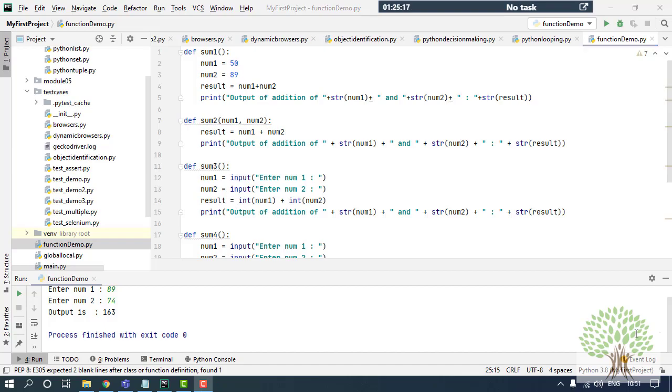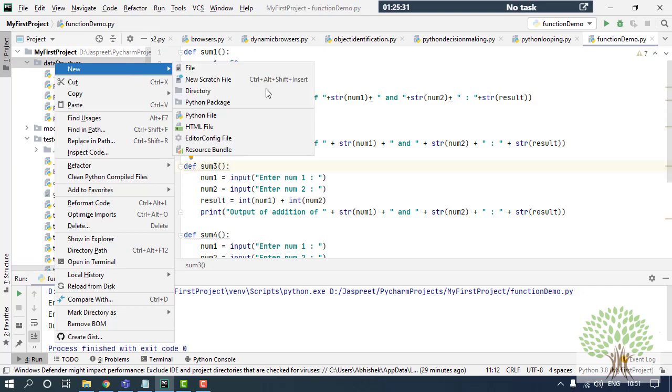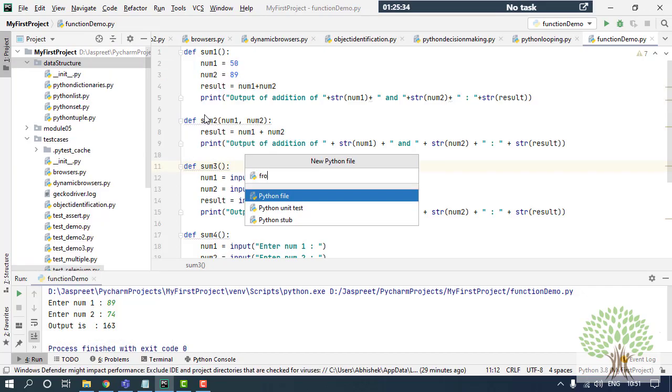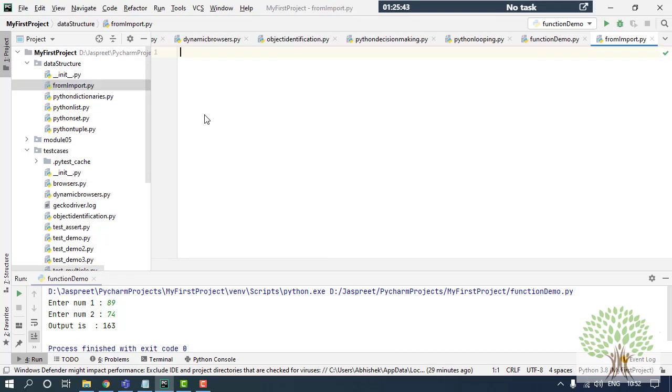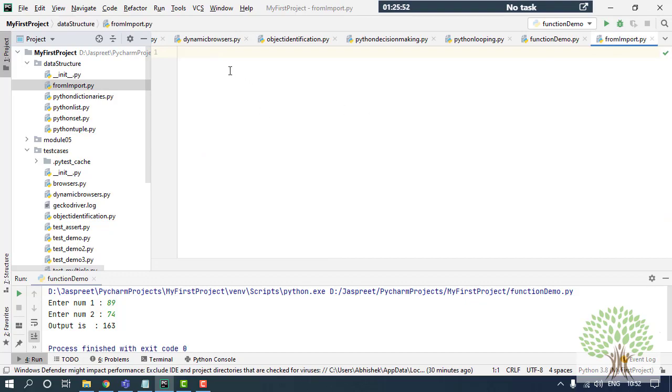Fine. So over here, just imagine that you have to use these functions in some another module. Like for example, these are lying over here right now. I have another module. I'll name it as, let's say, from import. These are 2 of my keywords which are very helpful in the further times. I'll show you why. Suppose these are the functions lying over here in my module, that is functions demo. I have to get it imported into some another file and use it. So what I'll do is I'll use the from import keyword.